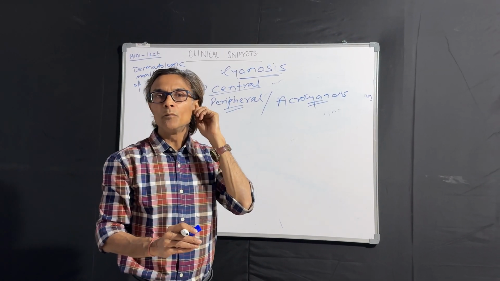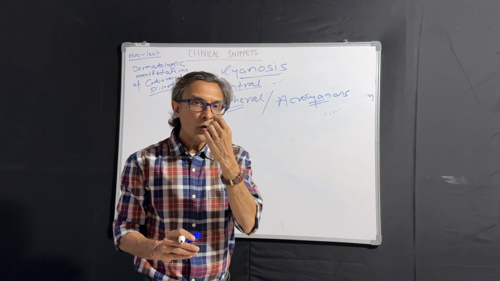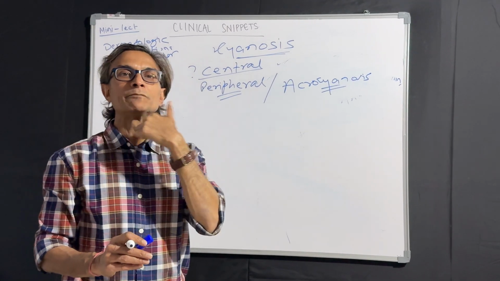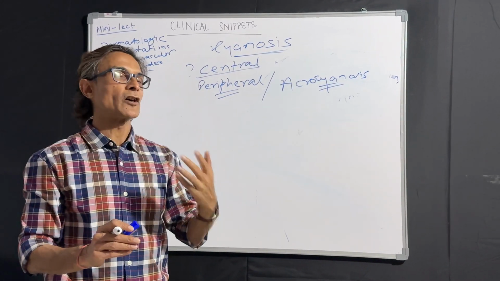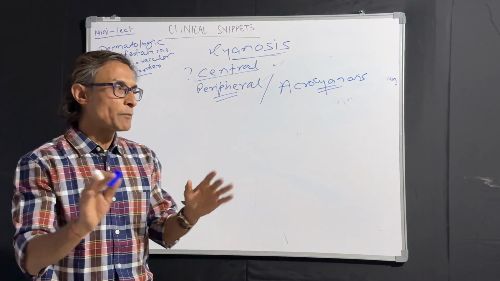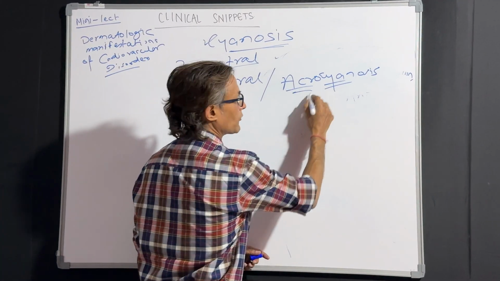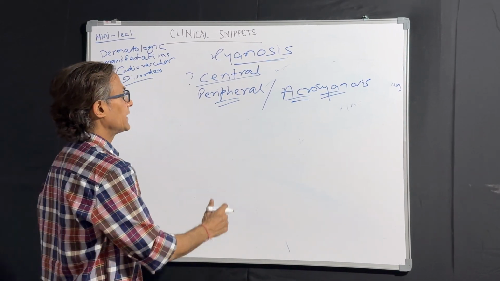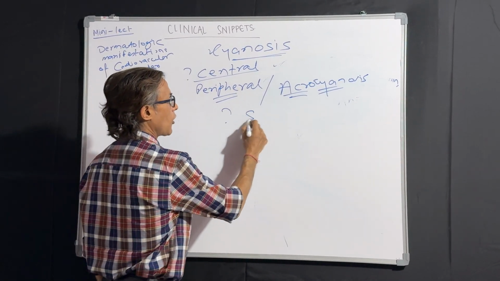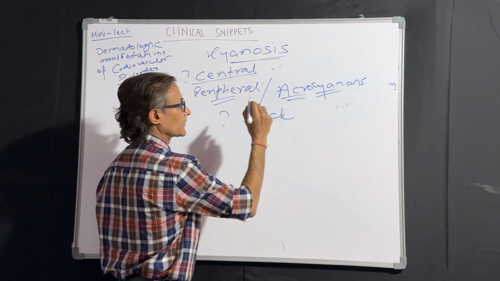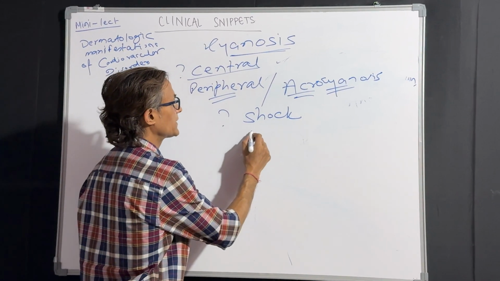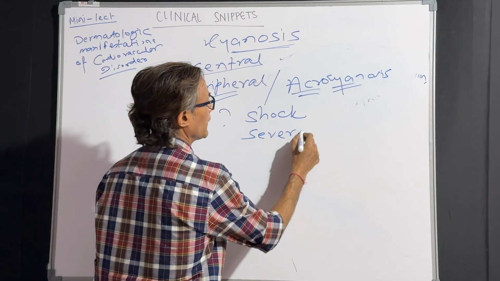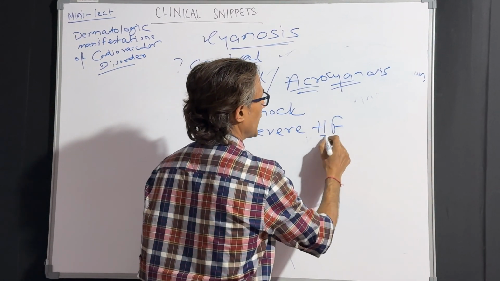Ear lobule, blue. Tip of the nose appears blue. But the oral mucous membrane and tongue will appear pink. So that is why it is acrocyanosis, peripheral digital cyanosis. That will indicate either our patient is in shock or the patient is in severe heart failure